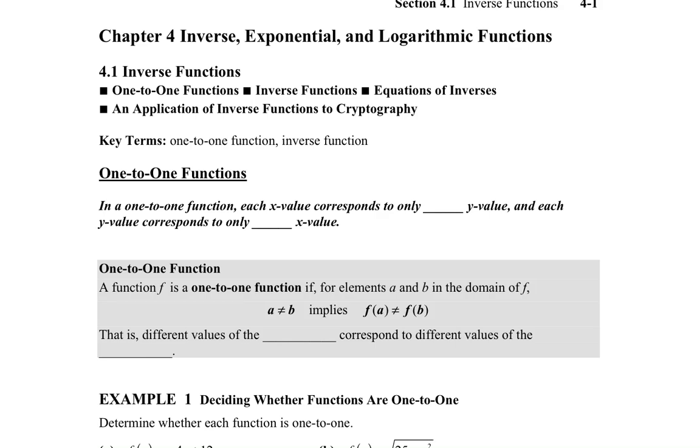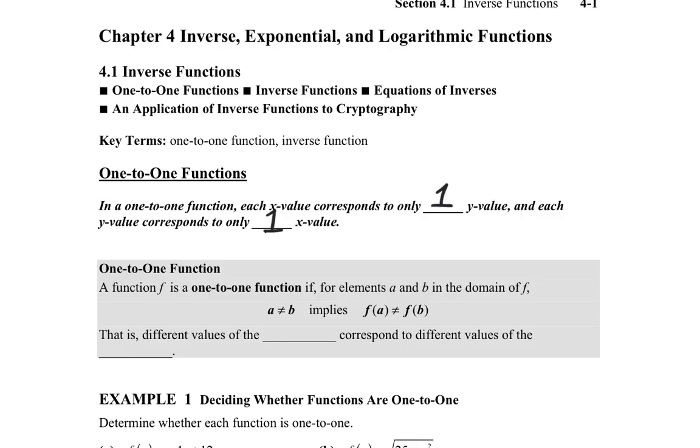All right, so we're starting chapter 4, and 4.1 is about inverse functions. If you remember when we did functions, a function was fine as long as the x value did not repeat. Now we're going to look at what happens when the x and the y do not repeat, and that's called a one-to-one function. So every x value corresponds to only one y value, and each y value only corresponds